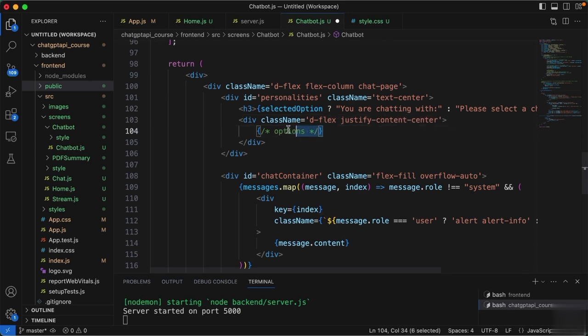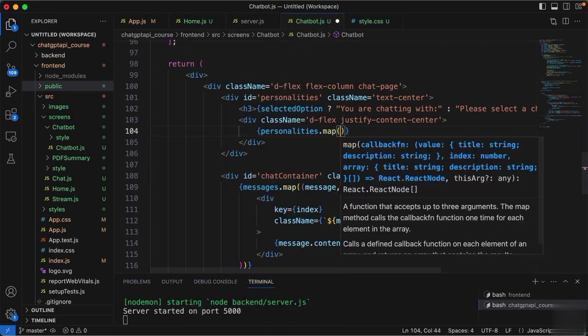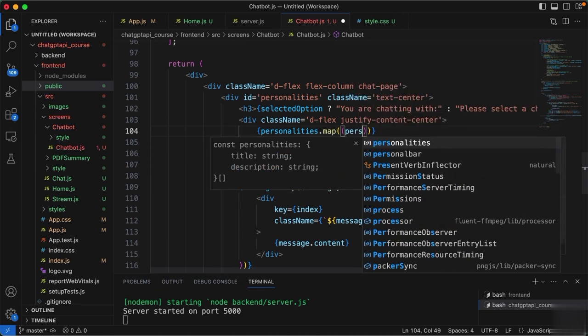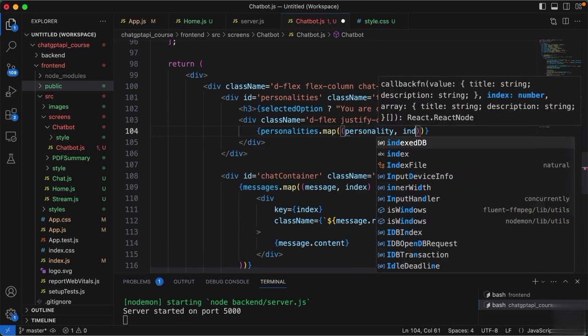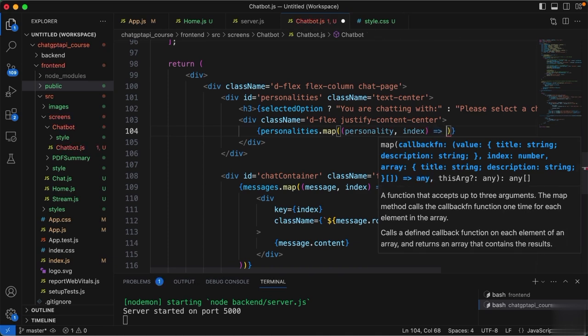Inside the curly brackets, I'm going to access the personalities array and then use the map method to build content. This method will take a function which will take the personality of each character and its index inside the array, and will return